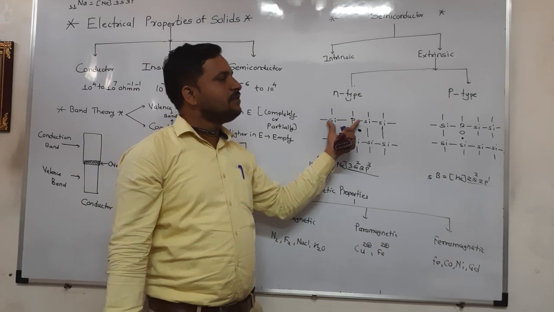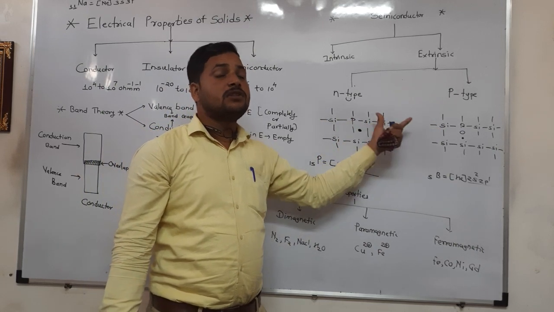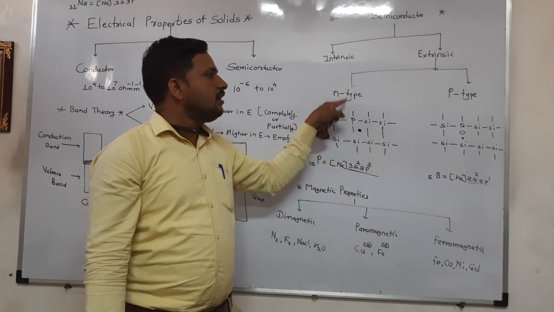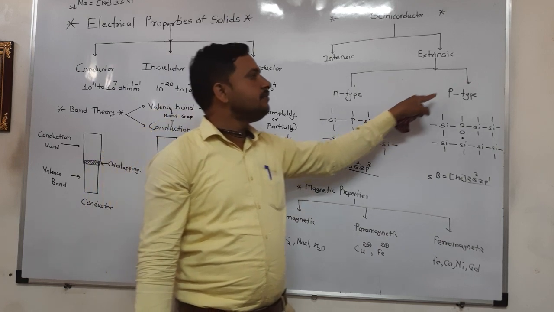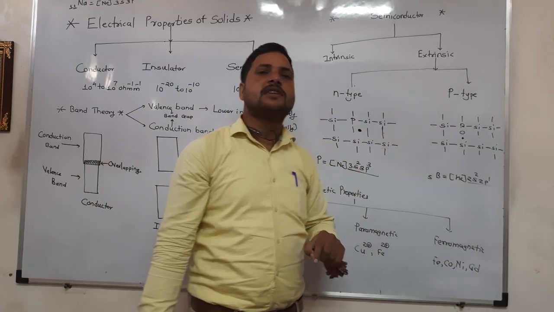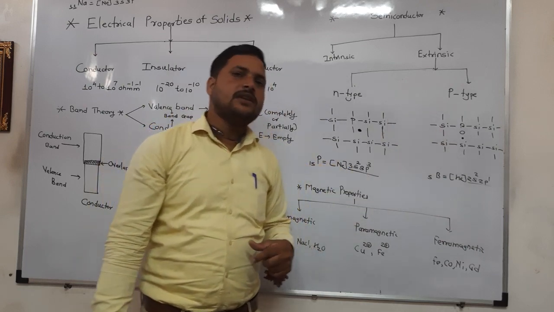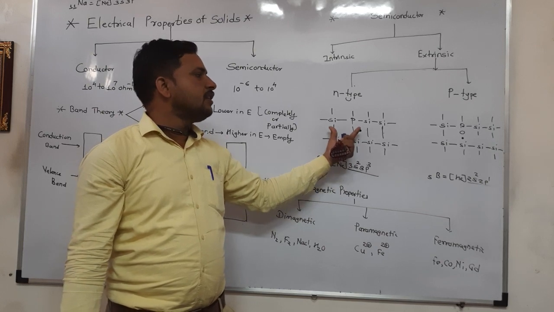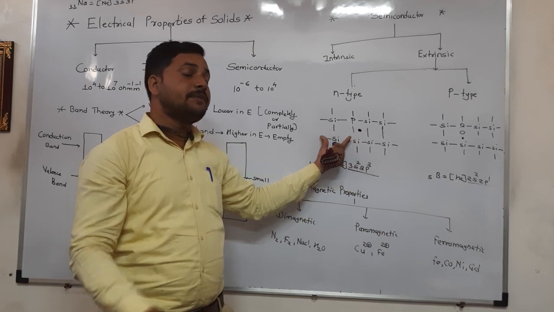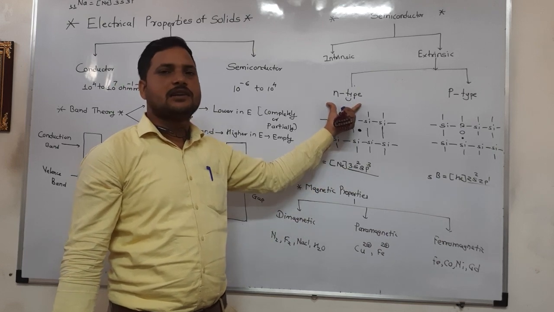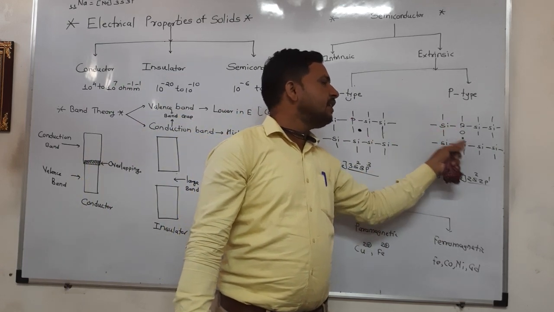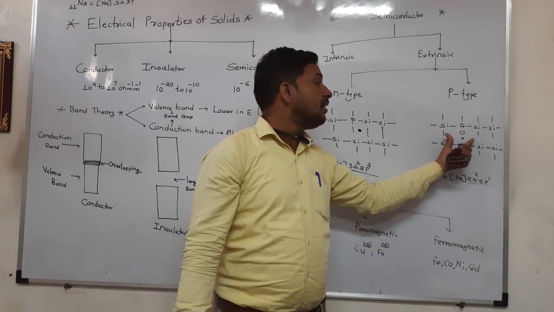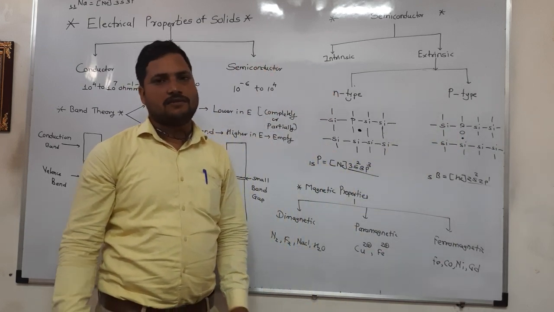Again focus here. N-type and P-type semiconductors both have more electrical conductivity than intrinsic semiconductors: in N-type due to free electrons, and in P-type due to the presence of holes. From the CET point of view, focus here. When group 15 elements are added to a group 14 crystal lattice, it forms an N-type semiconductor, and when we add a group 13 element to a group 14 crystal lattice, a P-type semiconductor is formed.